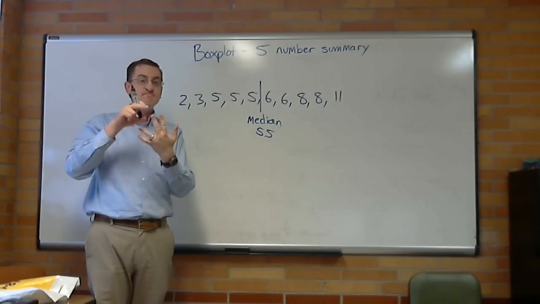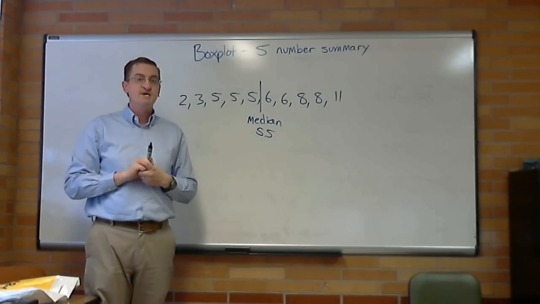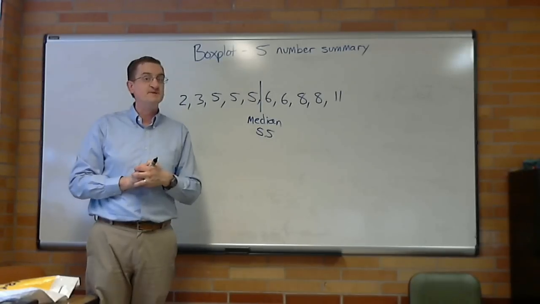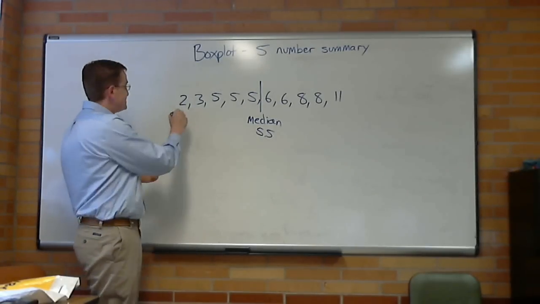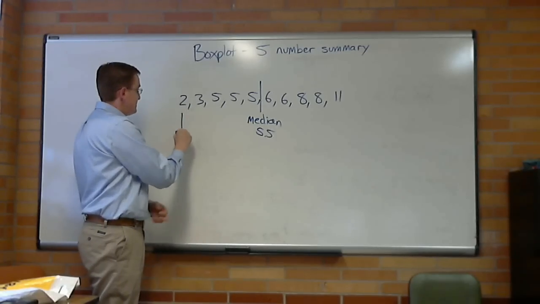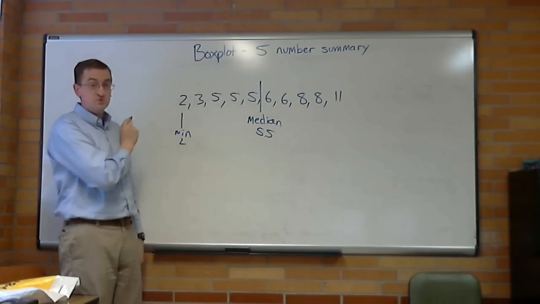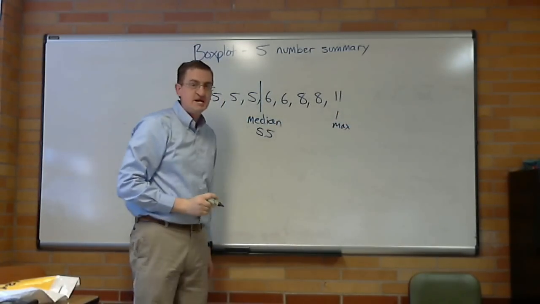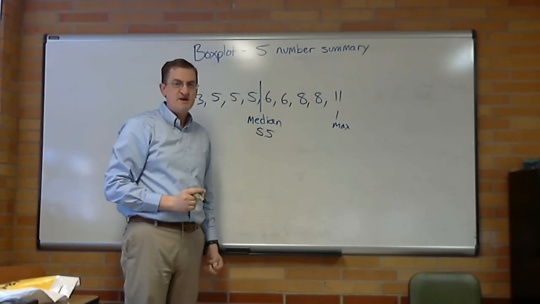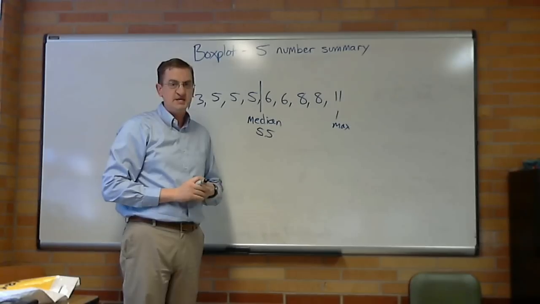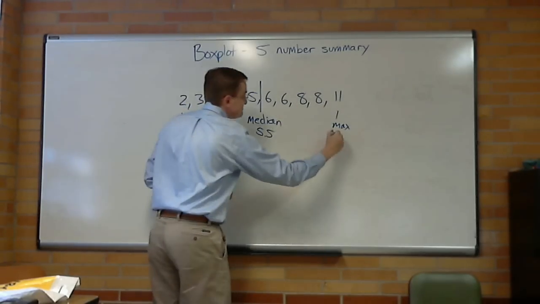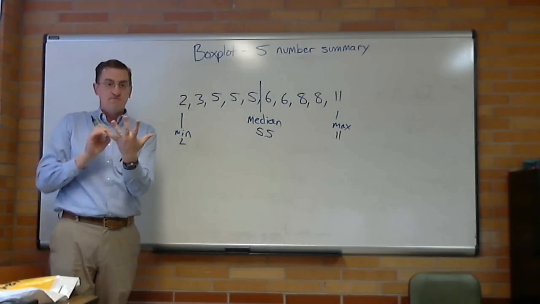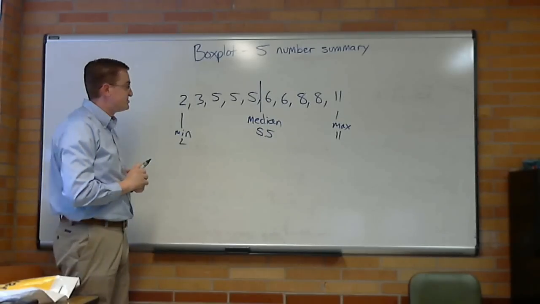That is our middle of the 5 numbers. It's called the 5 numbers because there are numbers and there be 5 of them. The first is here, the minimum. The minimum be 2. Here we call this the maximum. It's called that because it is the maximum. We're not all that creative with our names. The maximum being 11. We have 1, 3, and 5 of our 5 different numbers.